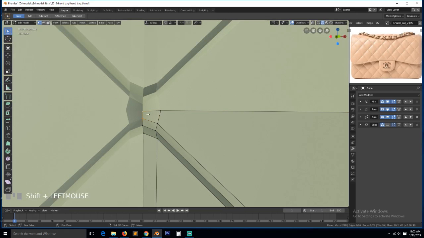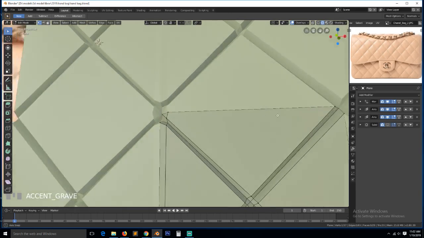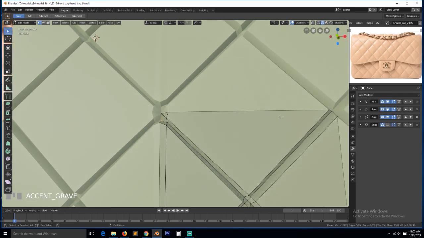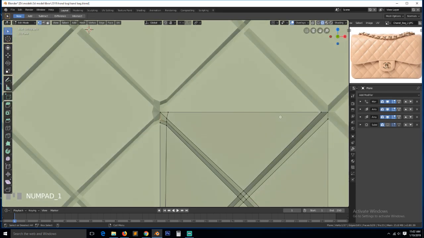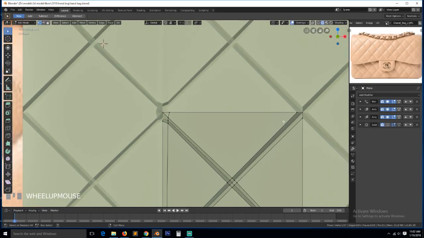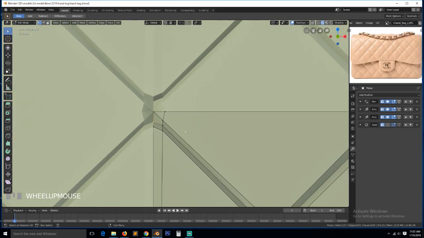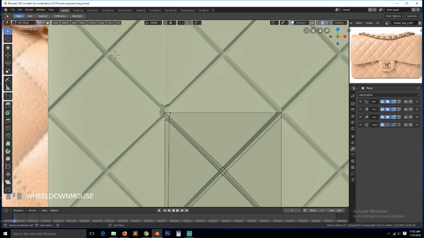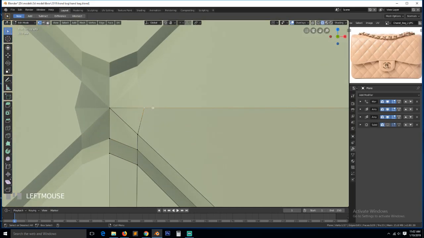This here is supposed to connect to that. Let me see, what can we do here? Oh, I see. So we can connect them, maybe, interesting, I'm not sure. Maybe bring this vertex like this, and then use this to connect in the center, and